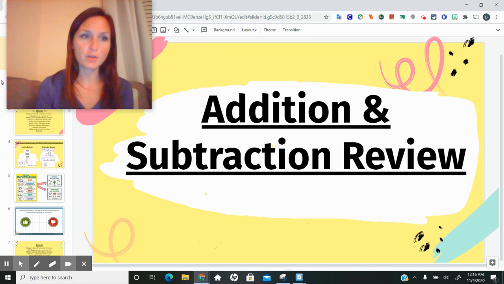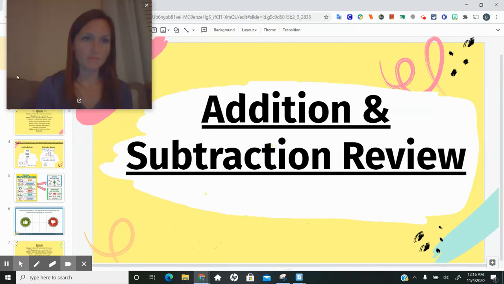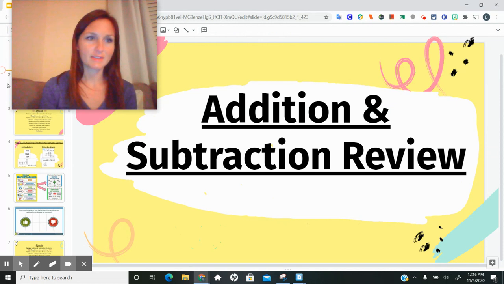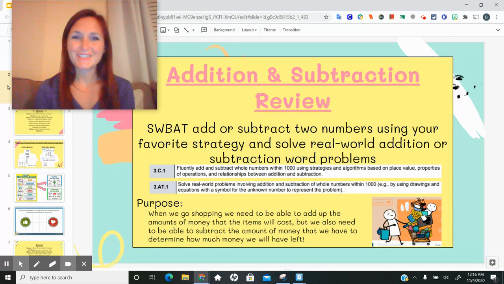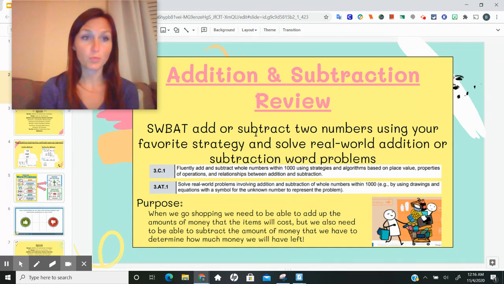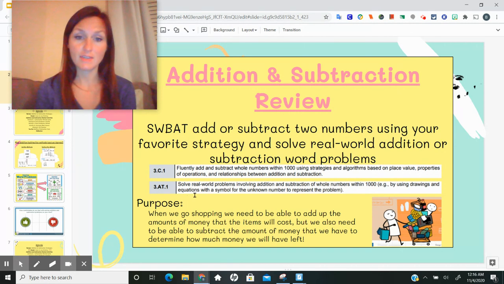And so I'm going to go ahead and share with you our objective for today. Let me click. There we go. So today we're going to add or subtract two numbers using your favorite strategy and solving real-world addition or subtraction word problems. Right? This is something that we're working on because of our standards here with computation, fluently being able to do this, as well as our algebraic thinking standard here that we need to be able to solve these